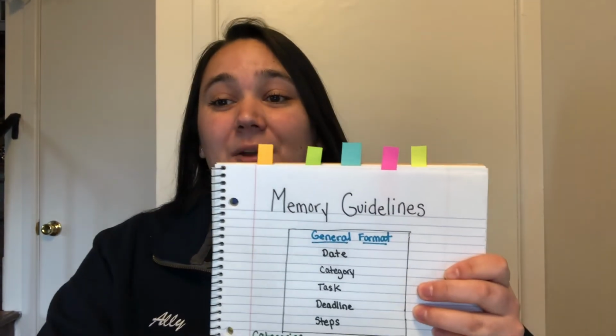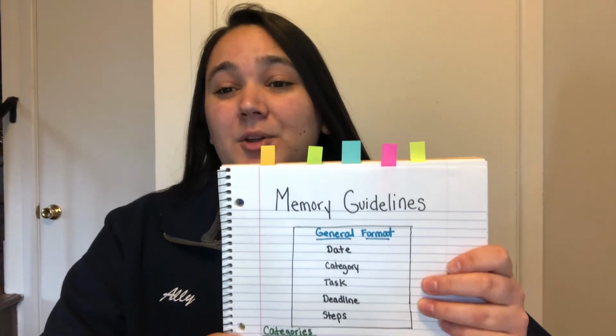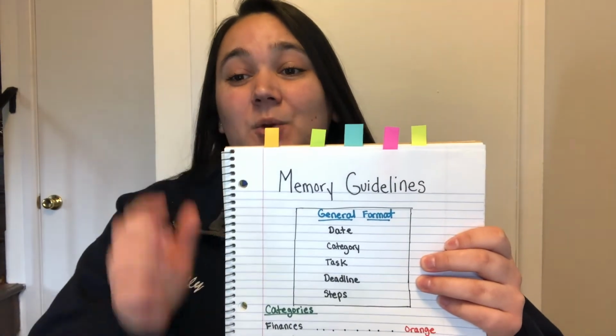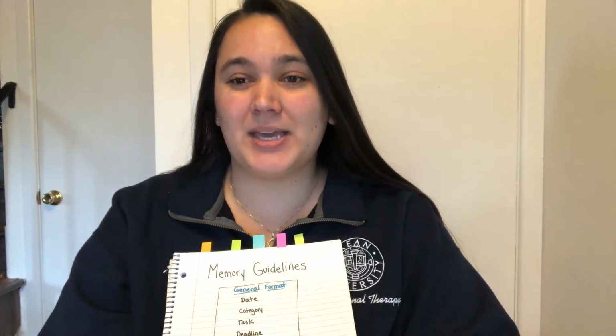As you can see, these colors match to 5 categories on the memory guidelines page. Using these markers will allow you to pinpoint the specific section that you are looking for. When placing the category markers in separate sections, it's important to leave pages in between each section. This will allow you to write in more than one task on each page that fits into that specific category. Okay, now I'm going to explain how to write the information for a specific category.